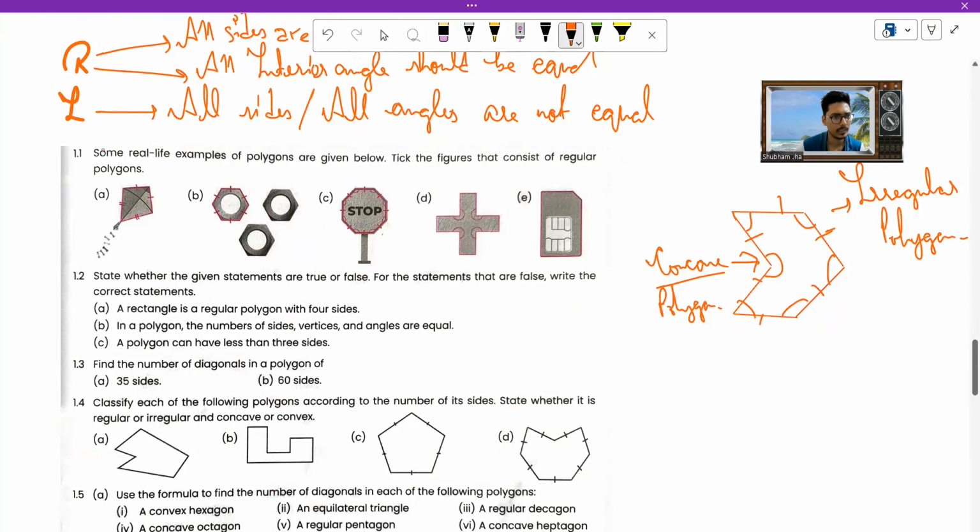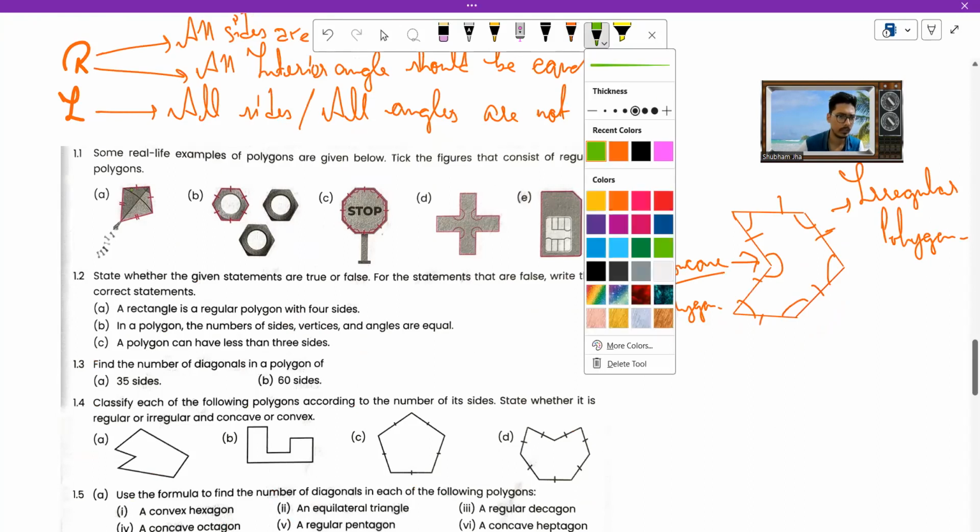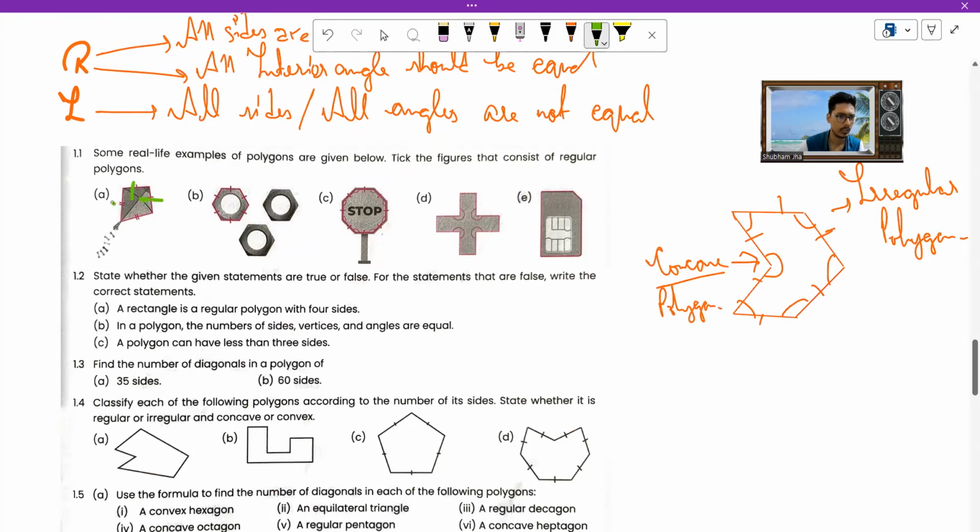In the first question, you can clearly see, look at this angle. If you look at this side and this side, these two are equal, but this is not equal. Means this is my irregular. What about this? Since all the sides are equal and it is a convex polygon, it is my regular. All the sides and all the angles are equal. Again, this is the same. This is my